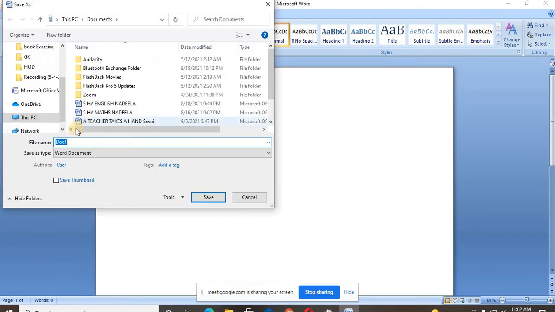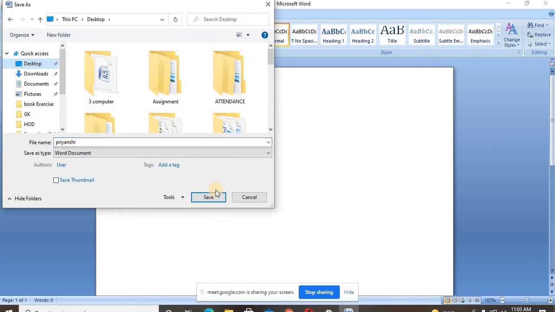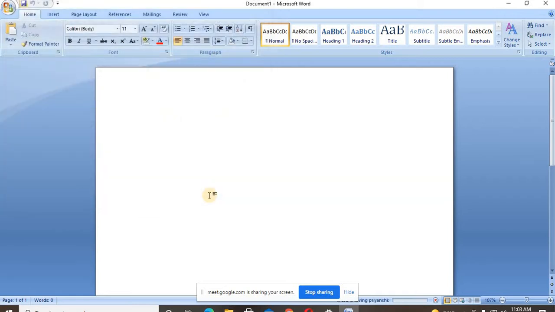Let's see if the document turns into Priyanshi's name or not. I am going to save it on my desktop so that I can clearly see her folder. Now, on the title bar, the file name is changed. Is it? Yes, ma'am. So this is called the title bar.